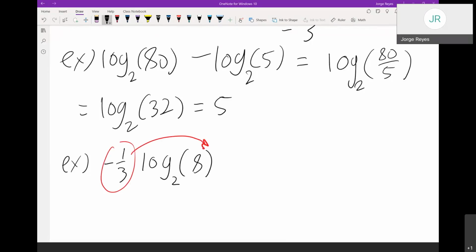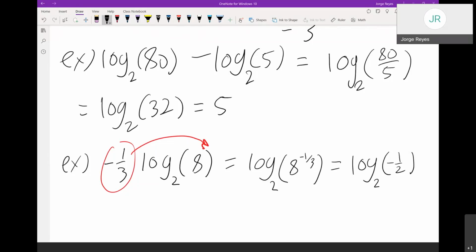So I'm going to say this is equal to log base 2 of 8 to the negative 1/3. We know that the cube root of 8 is 2. So this is negative 1/2, which we know is -1. So those are just examples of how to use the